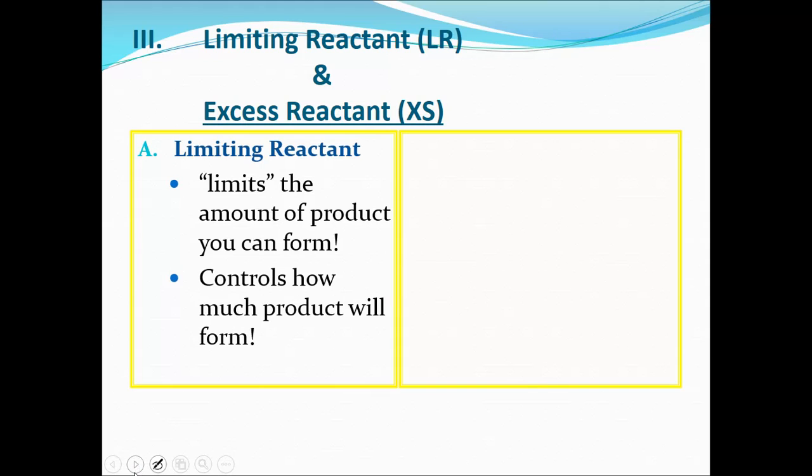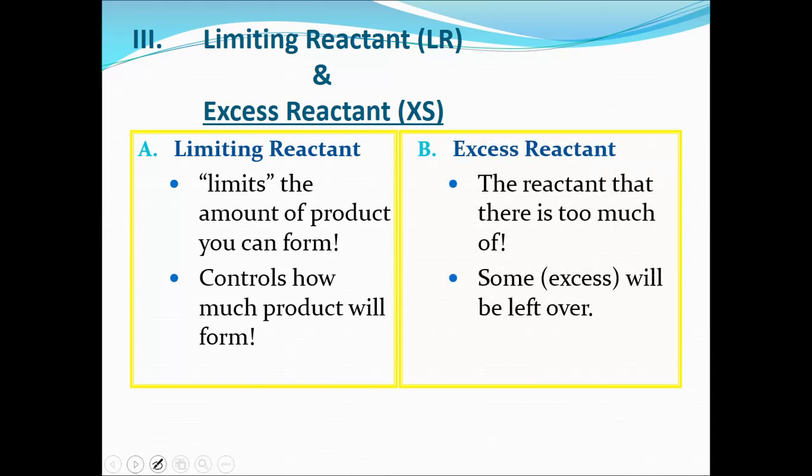be producing, the reactant that runs out first is a very important reactant in that chemical reaction, because, bottom line, the money you bring in, your profit, is controlled by how much product you can make. If you let your limiting reactant run out, you make no more product, and therefore you make no more money. Now, the excess reactant is the reactant or reactants that there is too much of or more